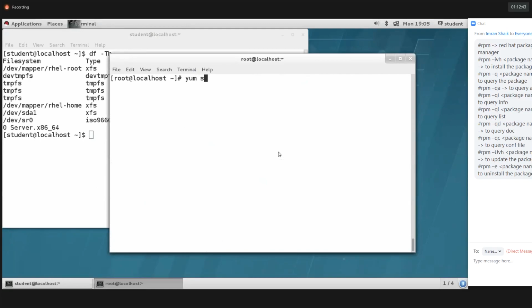Yum search all. Guys, for example, you are installing a web server and you don't know what type of package we need to install for a web server. At that time you can use this command, search all, and then give the server name like this, web server.